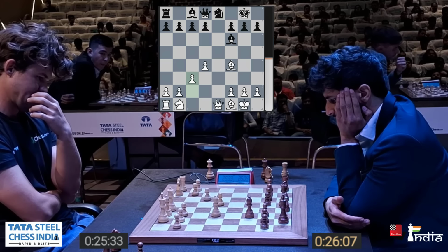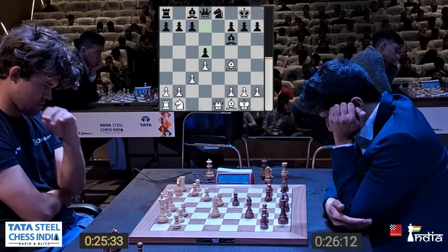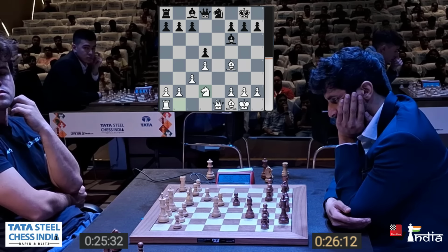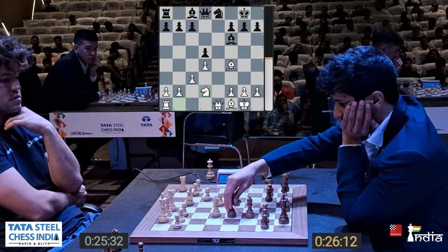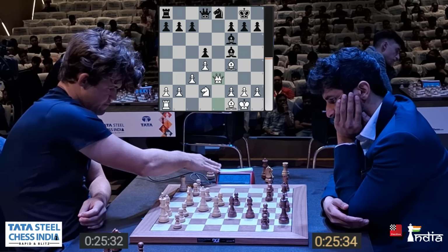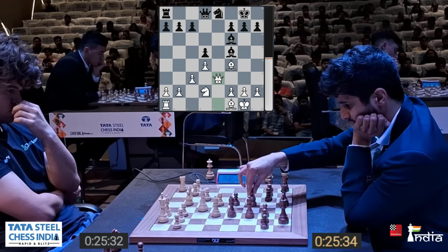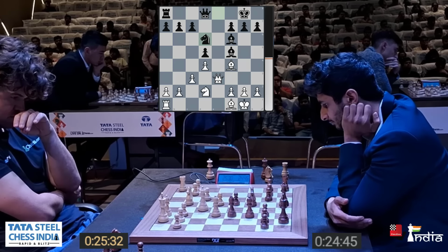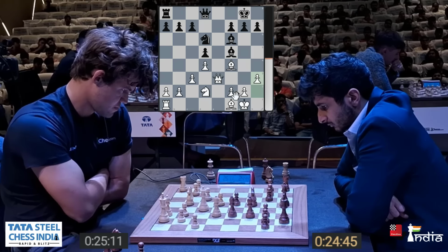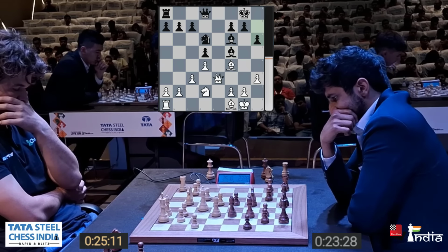He goes knight e8. Magnus pushes his pawn to c3, and now Vidit pushes d5, equalizing the space. The only difference here between white and black positions is that white seems to be slightly more active, but black is catching up. Bishop goes to f5, and with it here Magnus plays queen to e3. Let's see what Vidit does. He brings his knight up to d6, and now this very interesting move h3 with the idea of g4 is what he wants to do. Vidit goes h6,